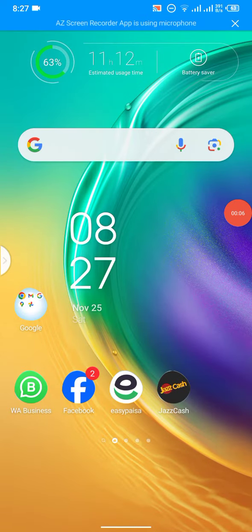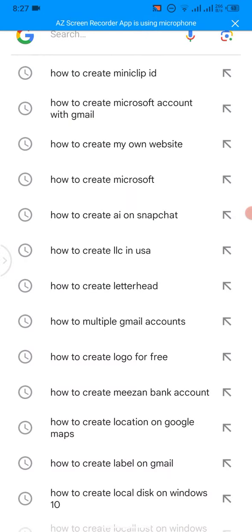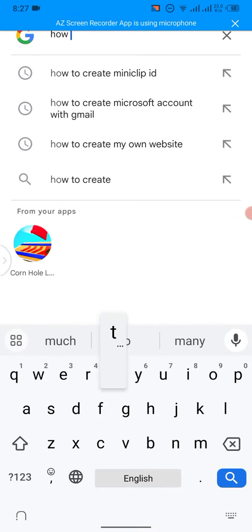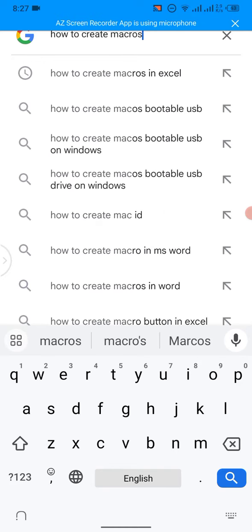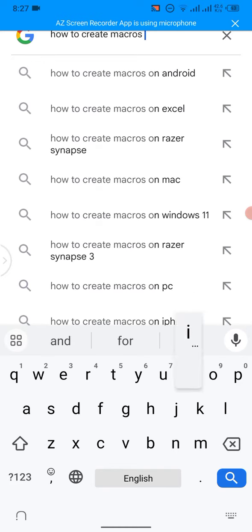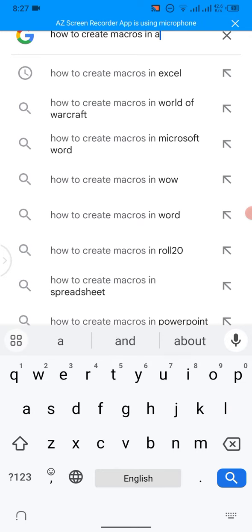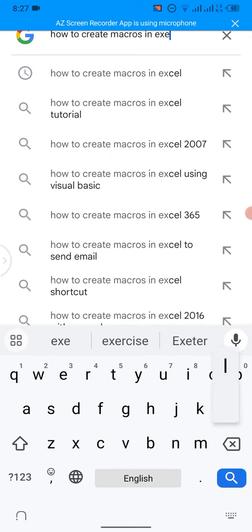तो गाइस, आज जिस टॉपिक के ऊपर हम बात करेंगे वो है जी हाउ टू क्रिएट मैक्रोस इन एक्सेल। तो गाइस, ये रहा है ऑलवेज हमारा गूगल के ऊपर जाके हम सर्च कर लेंगे हाउ टू क्रिएट मैक्रोस इन एक्सेल।